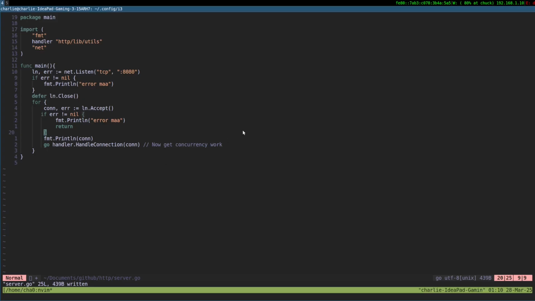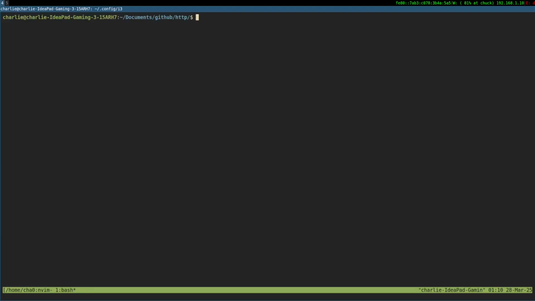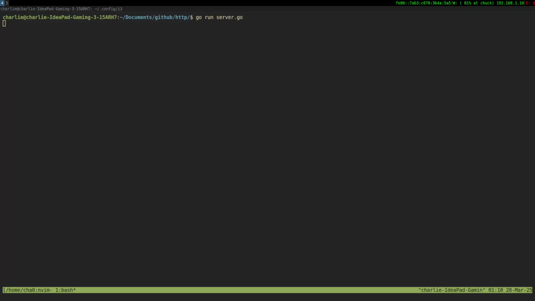So can I have multiple calls done on that basis? Yep, I guess so. I can just go run server.go. It's running. I can just call my localhost, for people who can't see, on 8080.